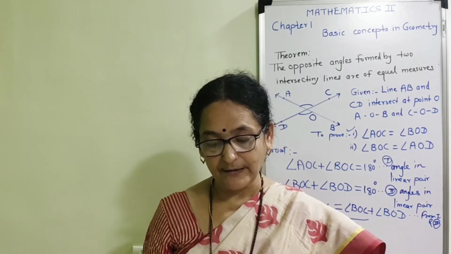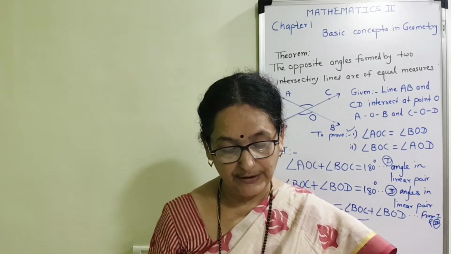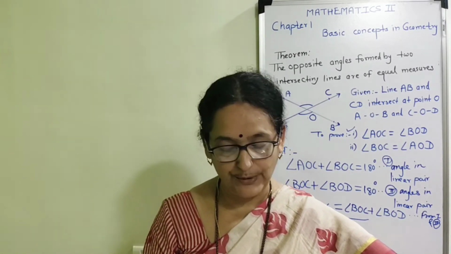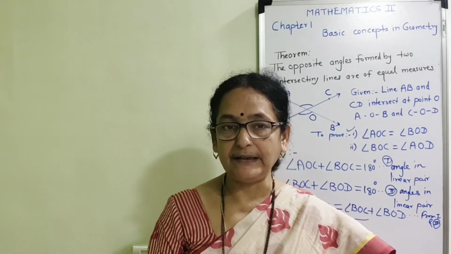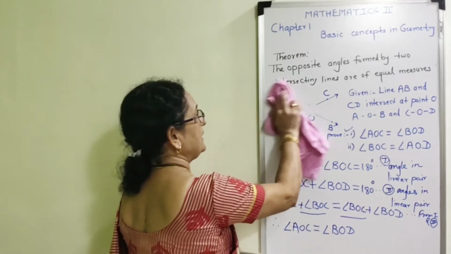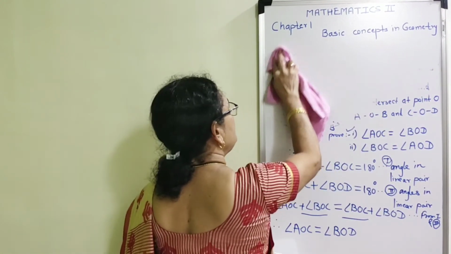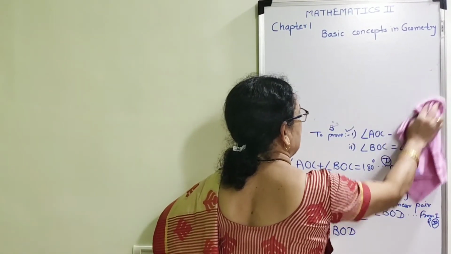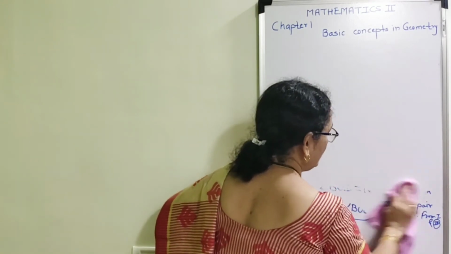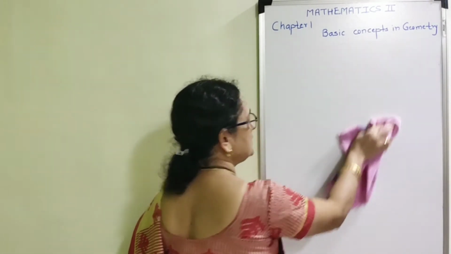Write the following statements in if-then form. The first statement, I am going to read it. The opposite angles of a parallelogram are congruent. Suppose I want to write this statement in the conditional form, that is, I am going to use the phrase or the form if-then. Now, how am I going to write the answer? I will write on the blackboard. Please observe the answer.